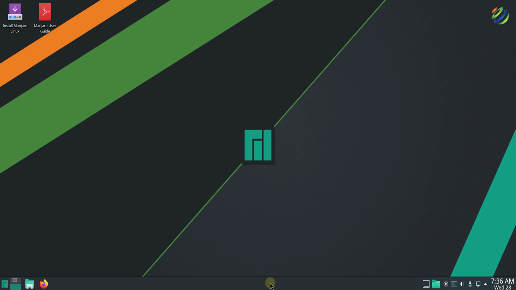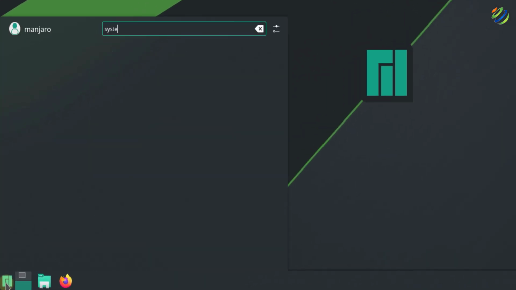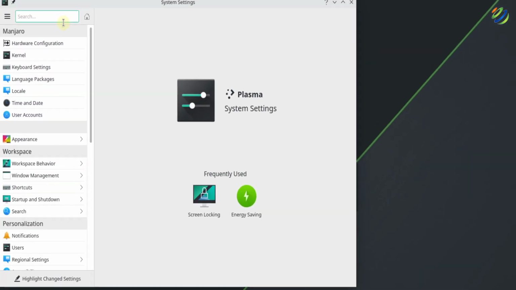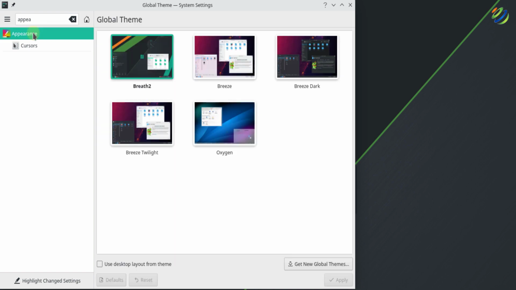But if we talk about this feature in KDE Plasma 5.21, we have the majority of options, as we can make changes in almost every aspect of the user interface. It offers a lot of freedom. If we go to our system settings, for that purpose click on application launcher and from here search for system settings, and here it is. Just click on it and open it, and from here look for appearance, and here it is. Just click on it, and here you can see that we have different themes available for our environment. And in case we want to have more themes, we can just download them right away.